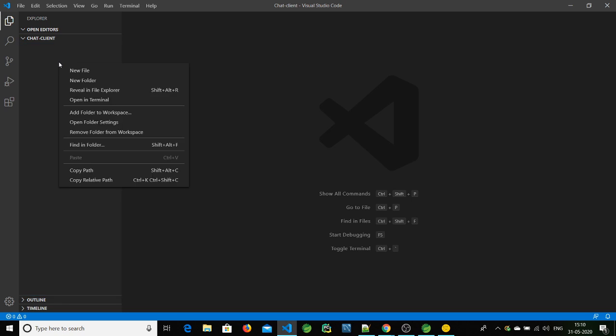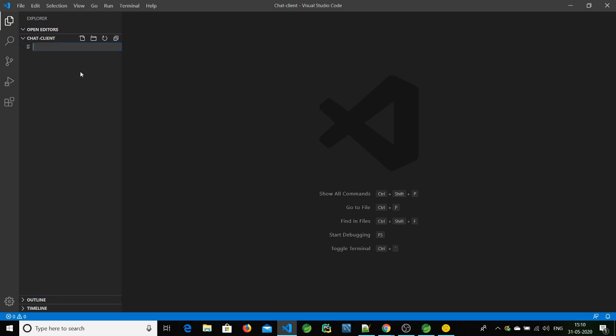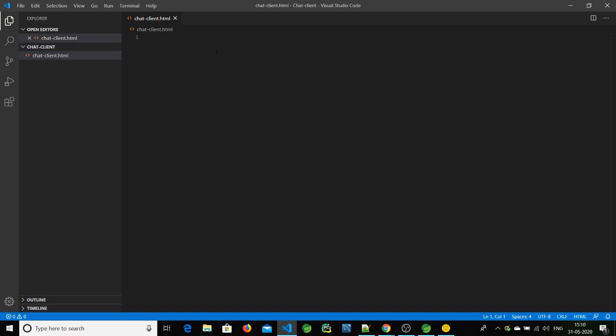So here we'll create one HTML file, a new file, that will be chatclient.html. So you'll create HTML document objects, so that is html. Inside that, head, inside that there will be script, and again body. Inside that we will write the code. So let's import some libraries. For that we'll use jQuery for DOM manipulation and the stomp.js CDN URL.